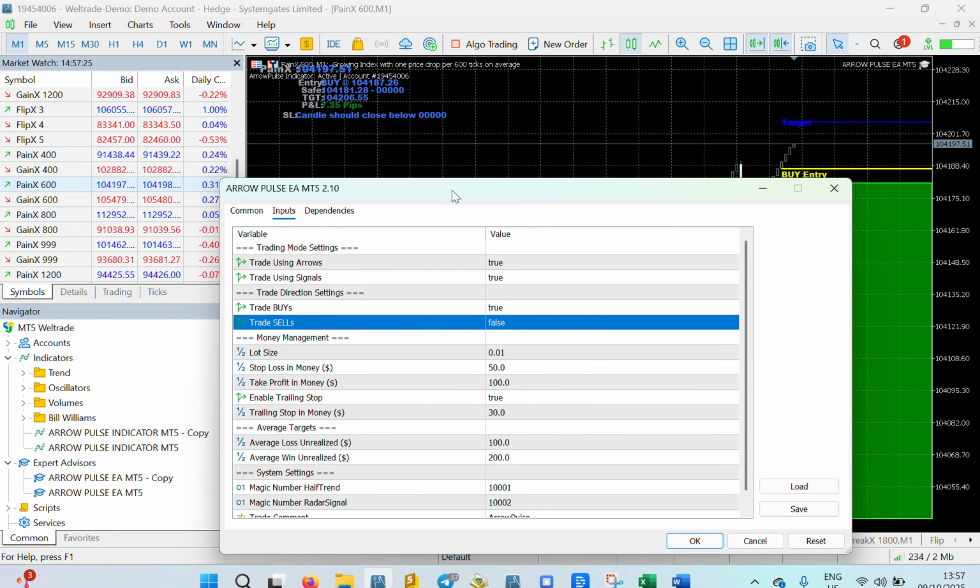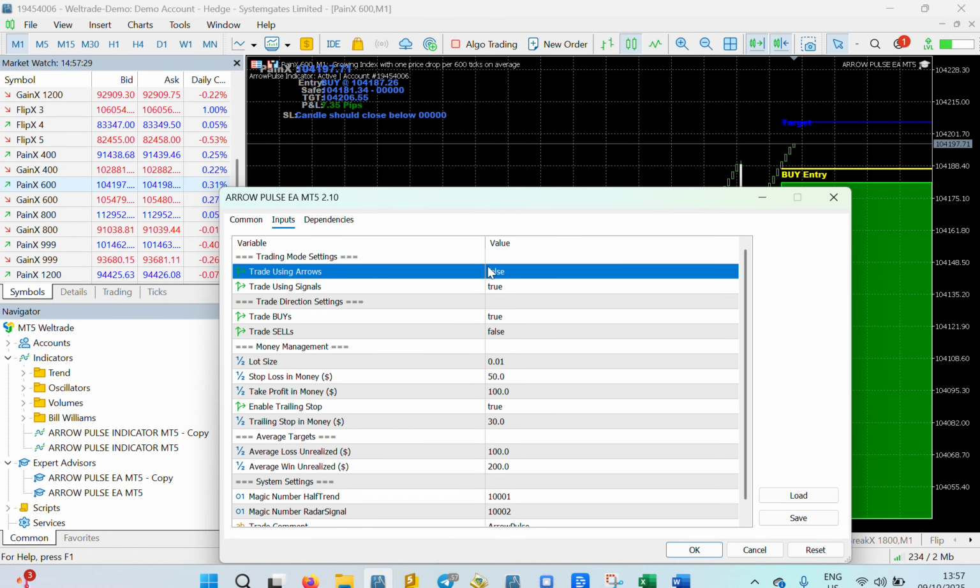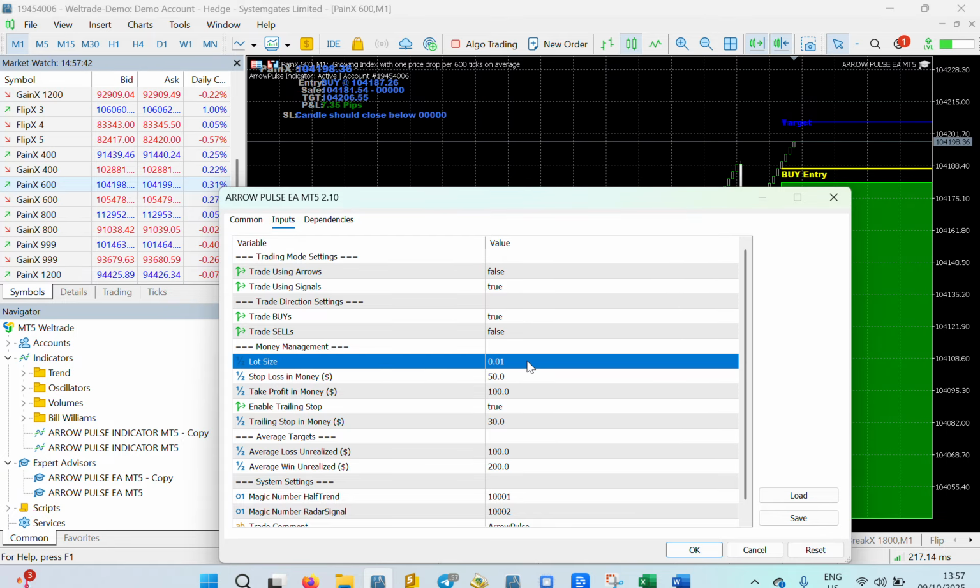For currencies and gold, you may disable the arrows to false if you want the signals only. I'm also going to disable the arrows. I like these signals. Okay, then trade using signals, and then I'm going to say true on the buys, and then I'm going to say false on the sells. The lot size is 0.1 as always for the pains, and then for boom and crash it would be 0.2,